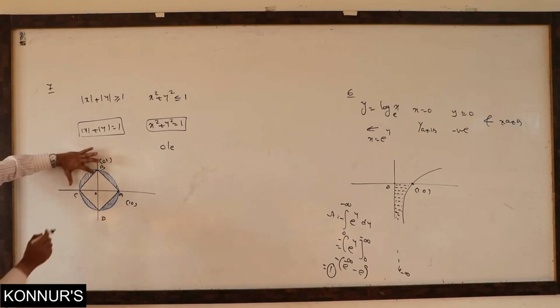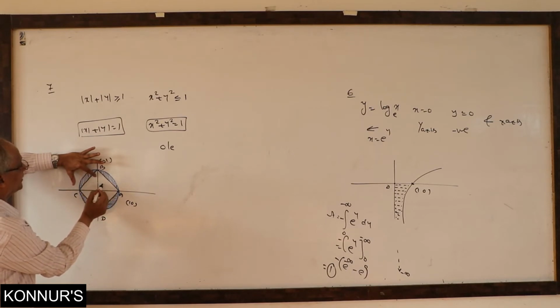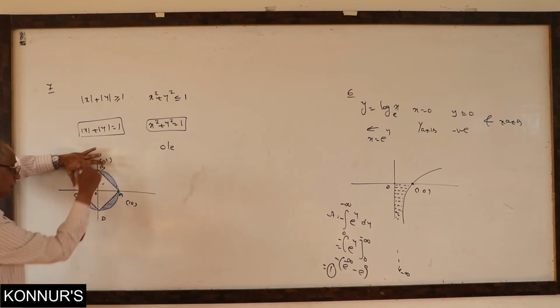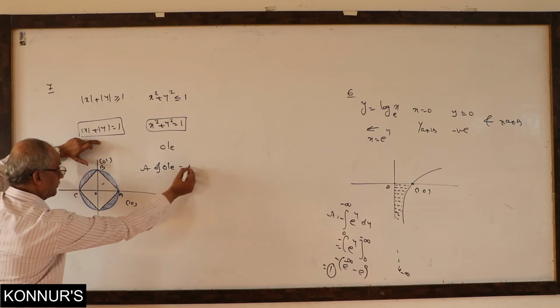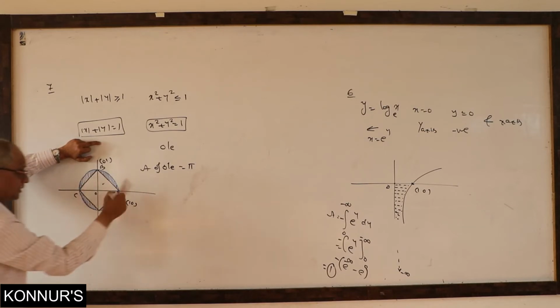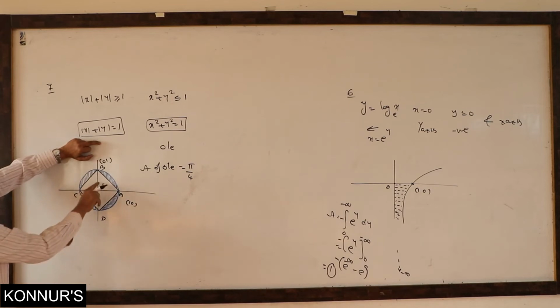First of all, find the area of only one quadrant. One quadrant means one sector. This is 1/4 of the circle. What is the area of a circle? Pi r square. r is 1, so pi, and 1/4 means divided by 4. Complete. You got the total sector area OAB.